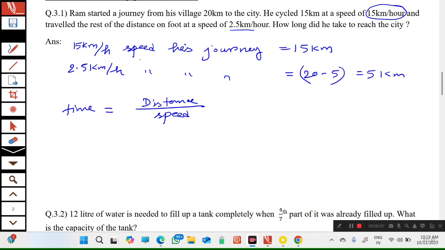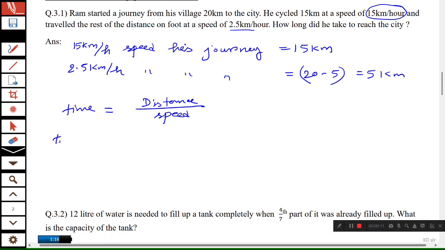So in the first case when he starts his journey by cycle, time taken for travel by cycle equal to distance 15 kilometers, speed 15 kilometers per hour, so that means 1 hour,